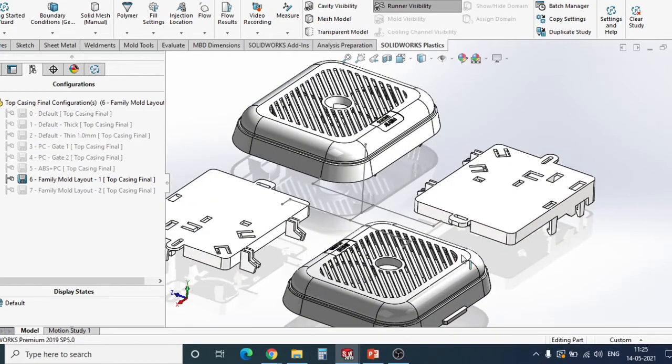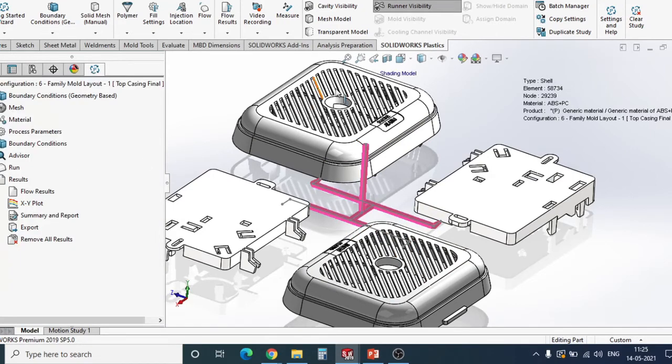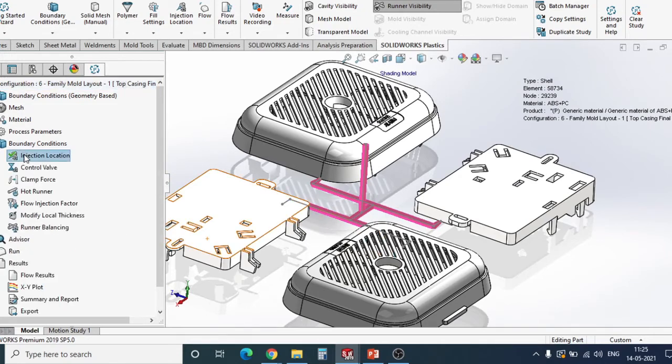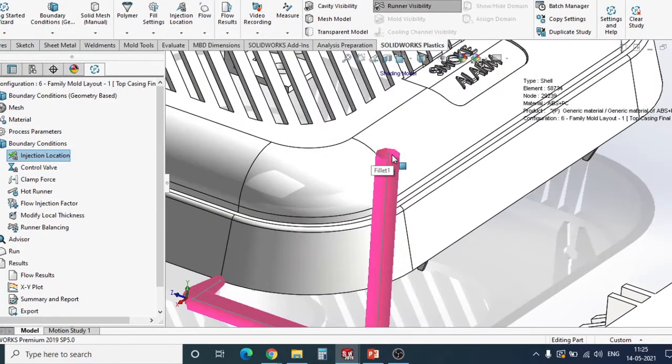Now I have just added a sketch over here for my runner system design. You can virtually add your runner as well on this 2D sketch that you have created. And in boundary condition, I have given the injection location at this virtual runner system at this top location.